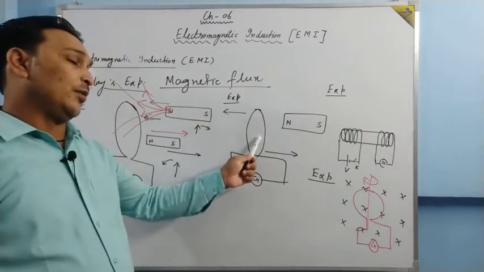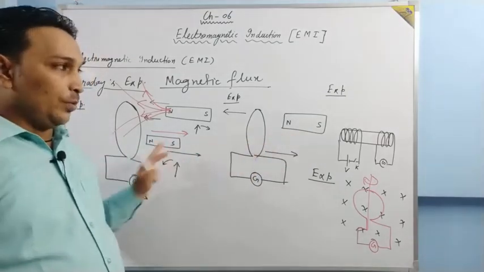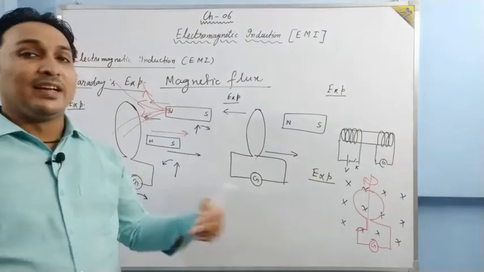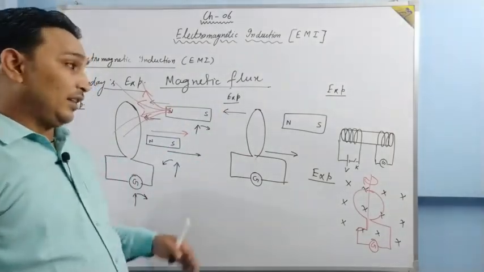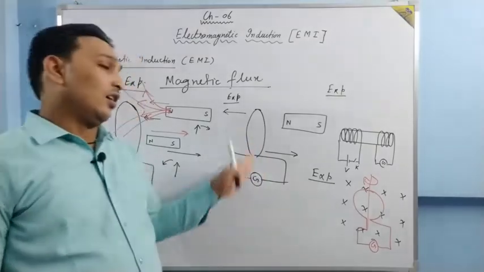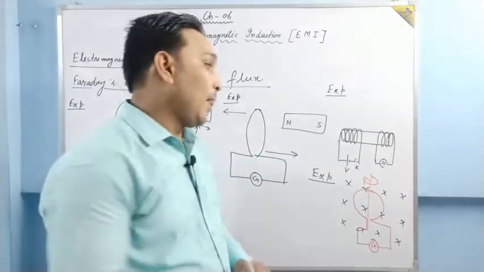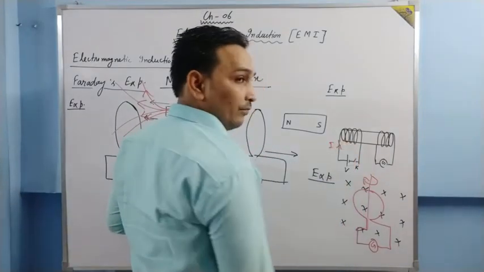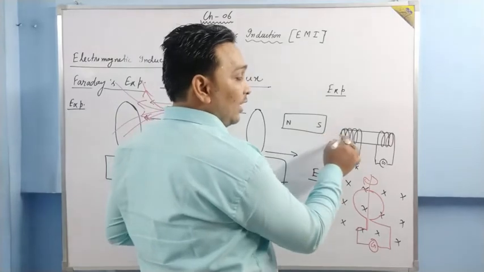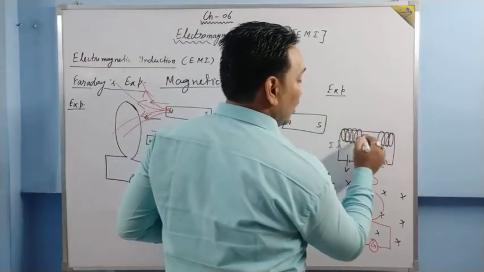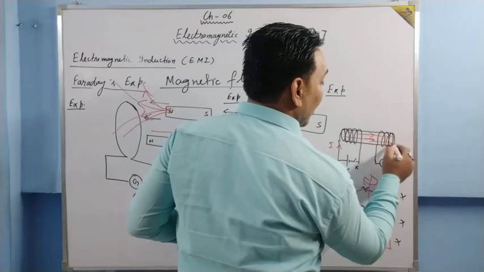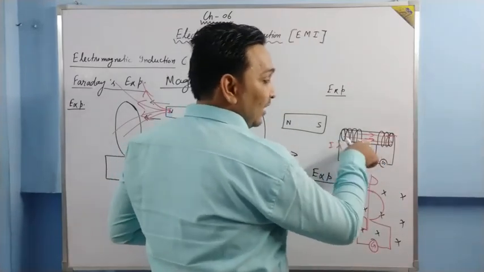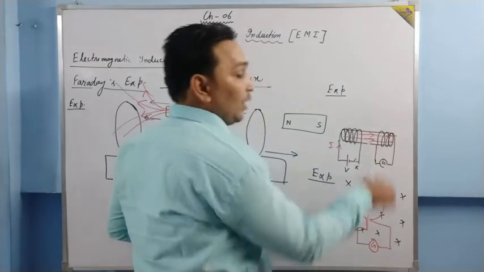Same goes with this experiment also. When the magnet is fixed and the loop is moving away, the same thing happens. The magnetic field lines passing through the loop change, and because of that change, a current is induced. Here, when the key was off, there is no current. When the key is on, suddenly a current starts flowing, and because of that there is an induction of magnetic field in the core of the solenoid. This magnetic field passes through this also. So when this key is on, suddenly the magnetic field goes from 0 to something.